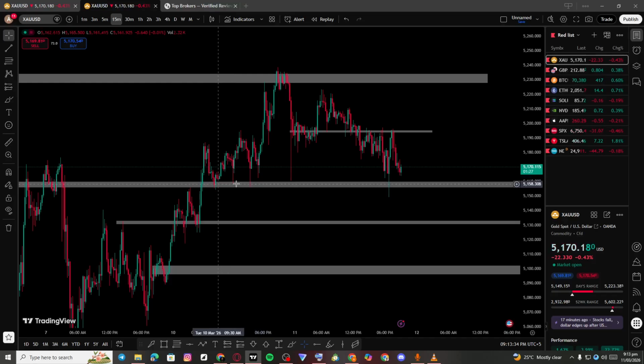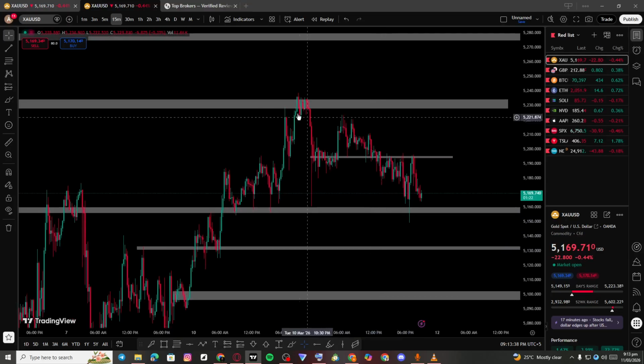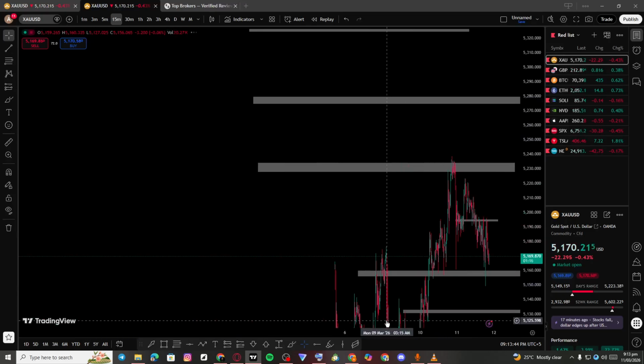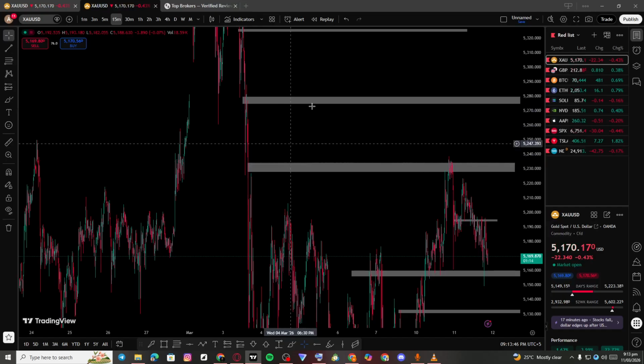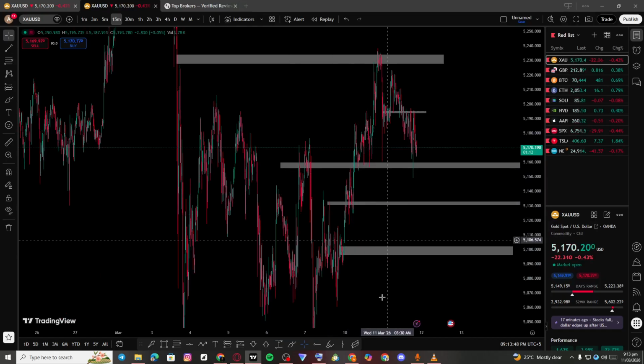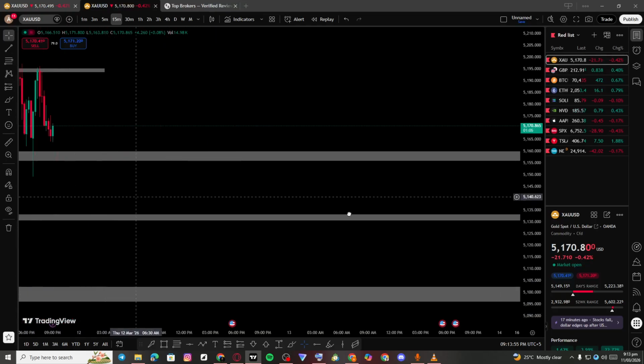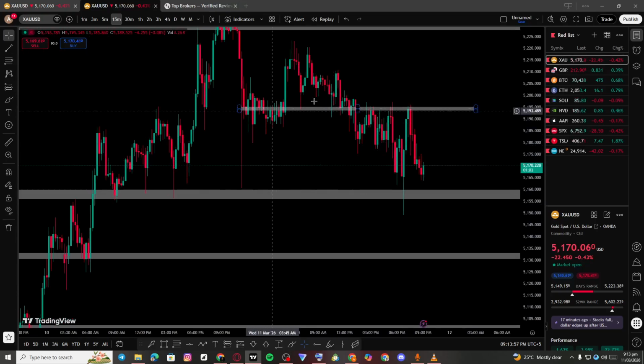This was a zone for me कि अगर price ने यहाँ से नीचे breakdown देती तो I would enter for sales, and if price would have broken above this range, then I would have entered for buys because there was a clean range for buys over here. If you guys can see, this is a clean range for buys, and then over here this clean range for sells. And for me, this whole zone was a no trade range because over here things were very choppy.